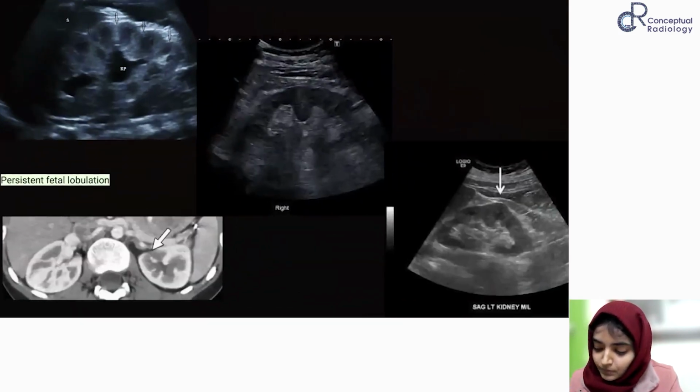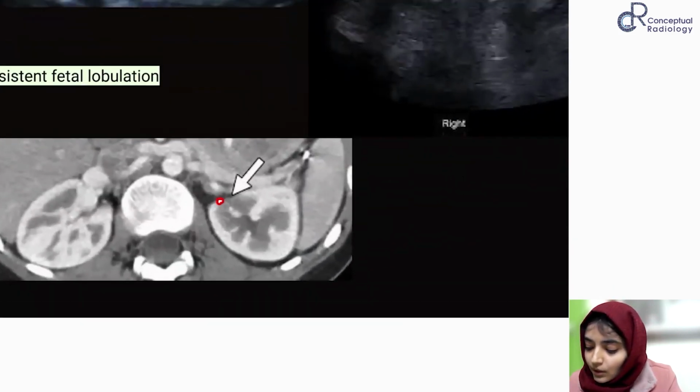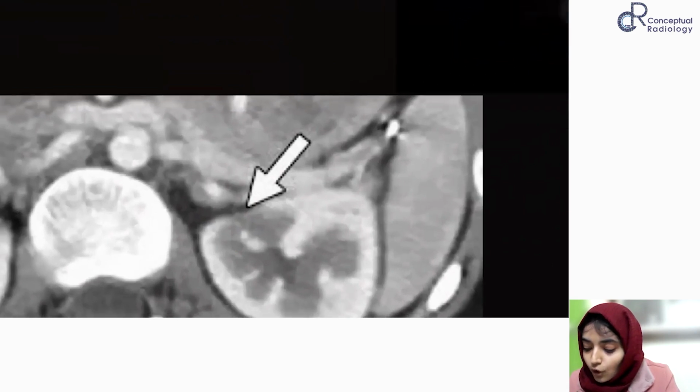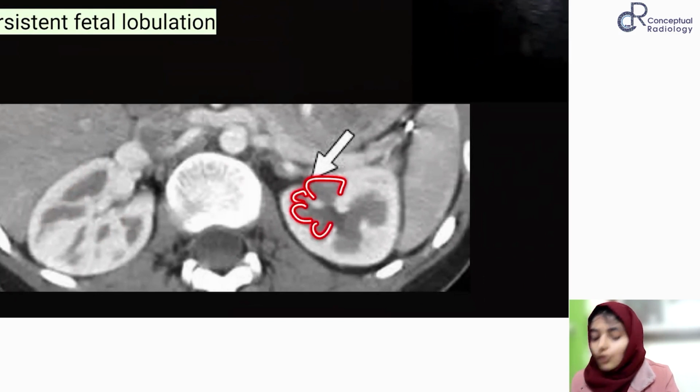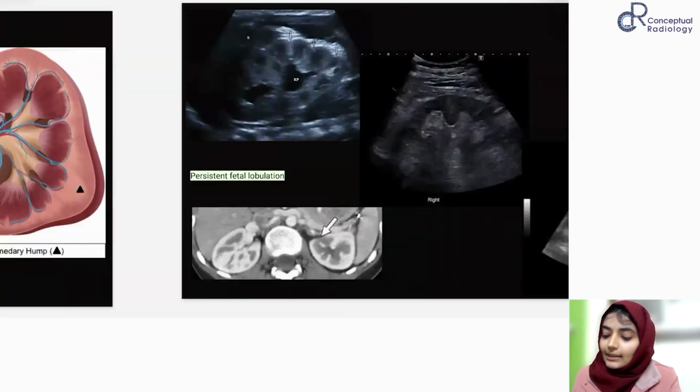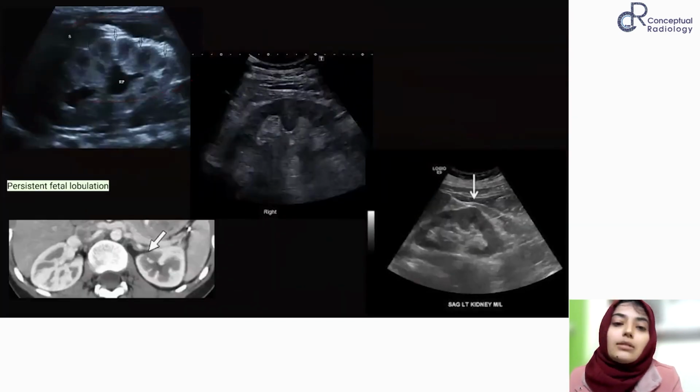However, if you see this case, here the cortical scarring has happened. It is overlying the pyramid. It is overlying these calyces. Plus, there is cortical thinning. This is the normal kidney. You look at the cortical thickness over here, and here the involved segment, there is severe cortical thinning. You look at the calyces. Normal kidney is showing these calyces, and the affected kidney is showing abnormal, not only dilated, but also clubbed and blunted kind of calyces. So this is a case of renal scarring,